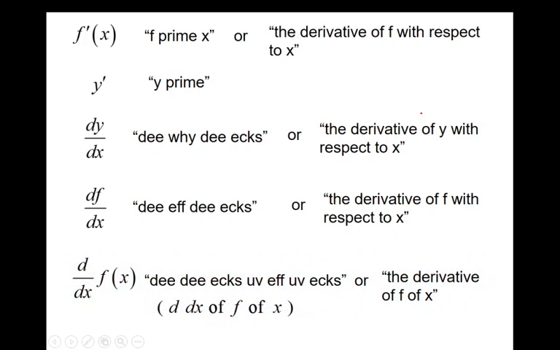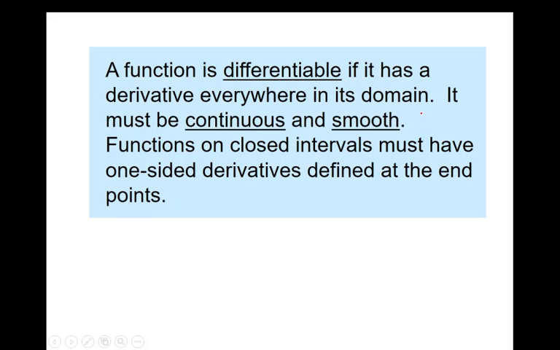Now, a function is differentiable if it has a derivative everywhere in its domain. It must be continuous and smooth. Function on closed intervals must have one-sided derivatives defined at the endpoints. Okay, so